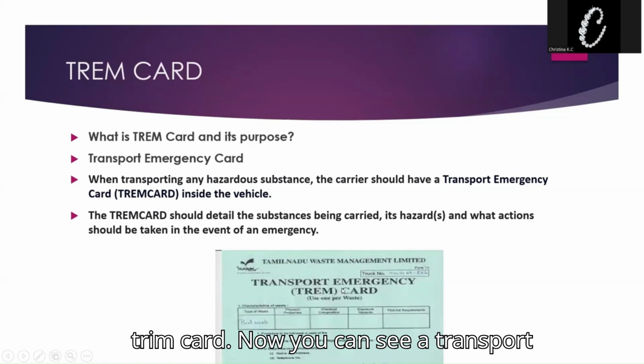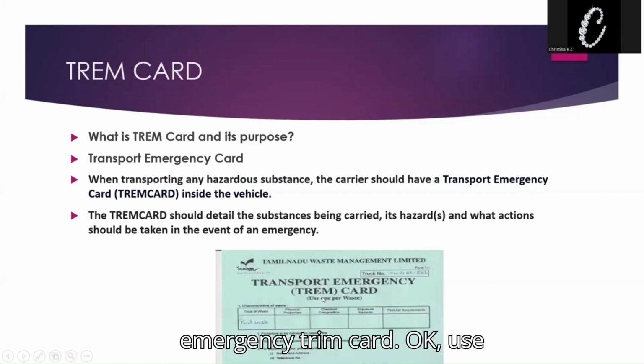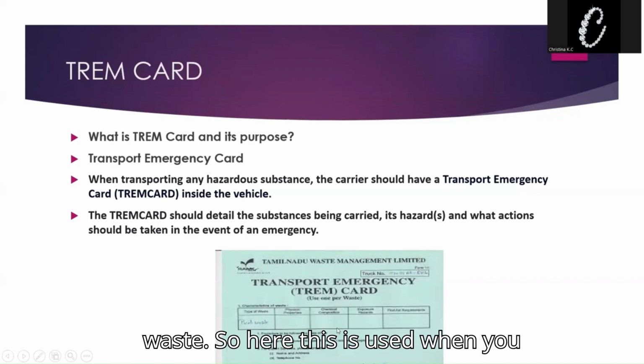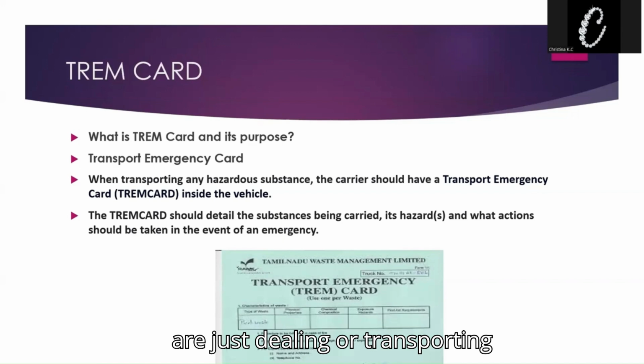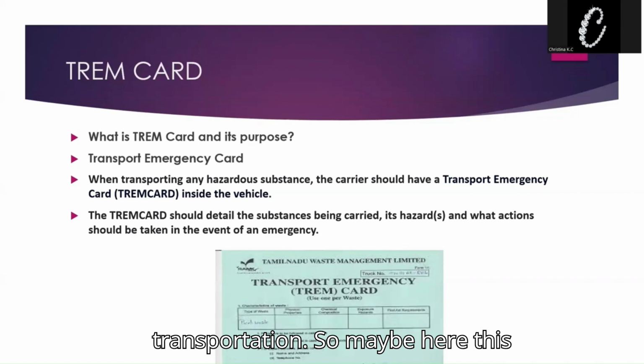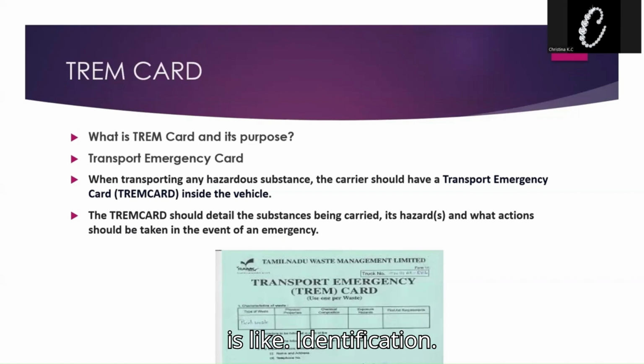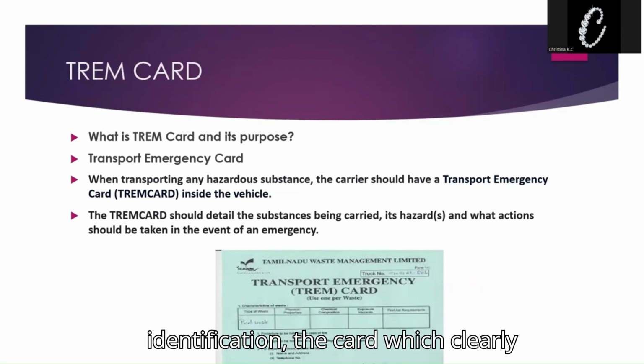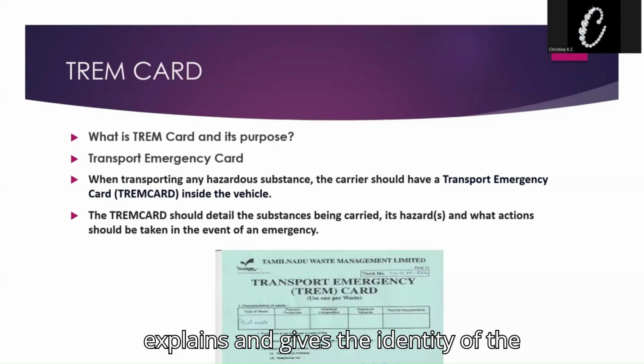Now you can see a transport emergency trem card. Use one per waste. This is used when you are just dealing with or transporting hazardous materials. Maybe here this is like identification. This trem card gives you an identification, the card which clearly explains and gives the identity of the hazardous material